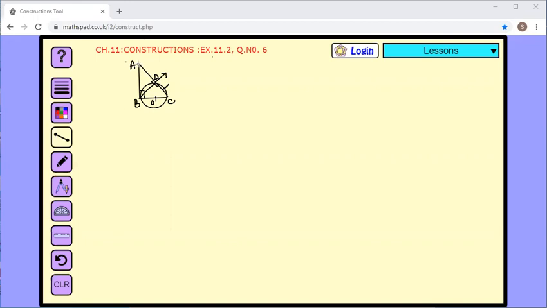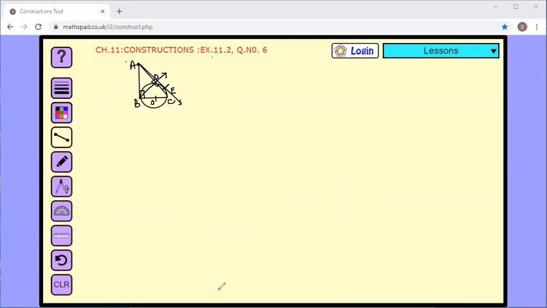Now A is the exterior point and one tangent you got from here. You know length of two tangents from exterior point are always equal. So we will put our compass on A, measure it till B, and then cut it this side, and therefore we will be getting a point E here. And then children, we will be joining AE to get this other tangent to this circle. So in this way, we will get the other tangent to the circle.